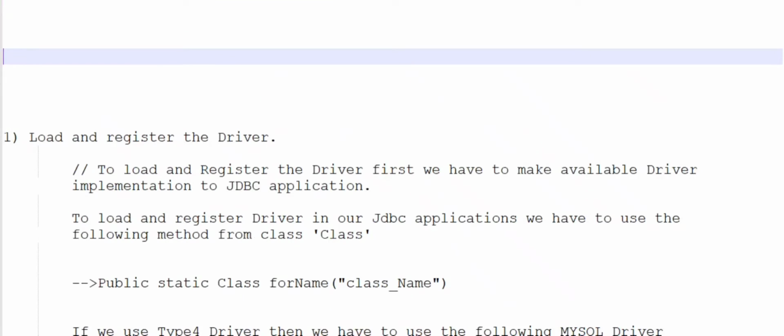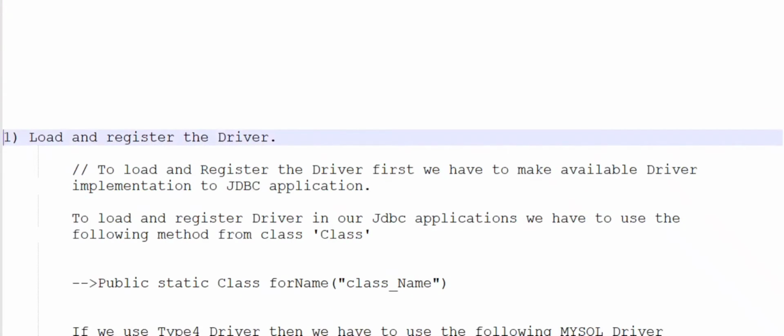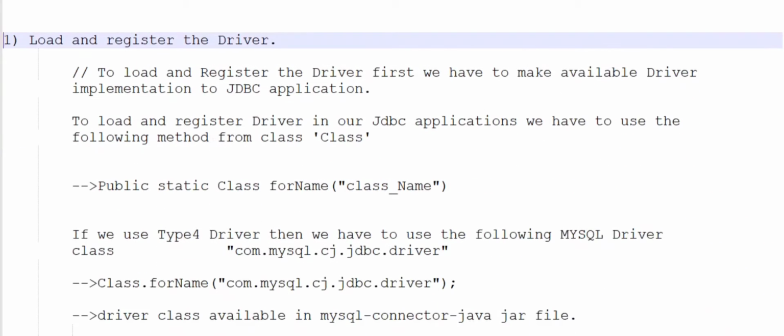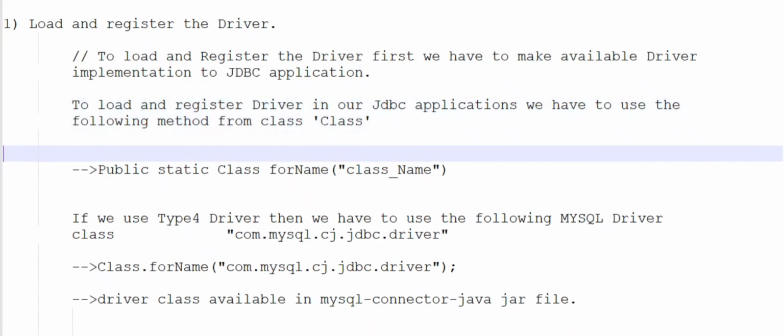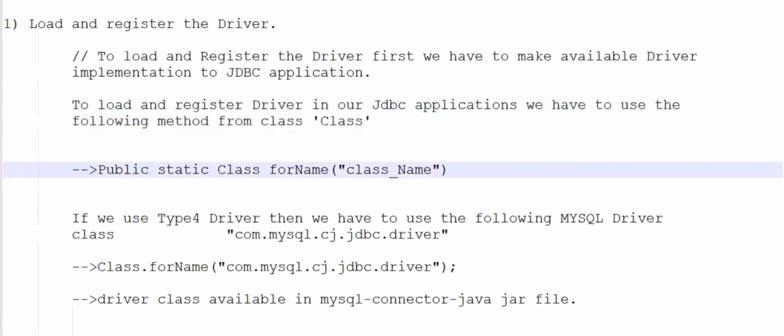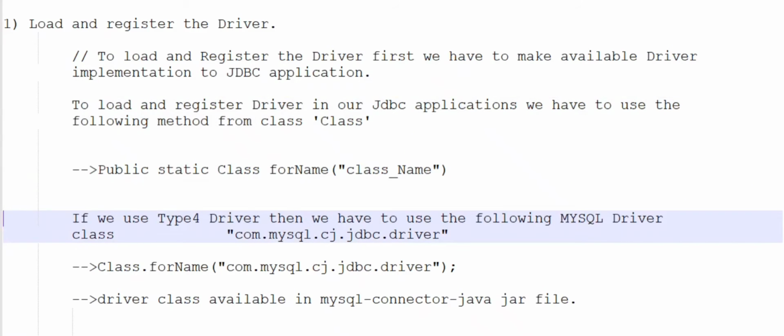First step is to load and register driver. To load and register driver, first we have to make available driver implementation to JDBC application. To load and register driver in our JDBC application, we have to use the following method from class: public static class forName method. If we use type 4 driver, then we have to use the following MySQL driver class